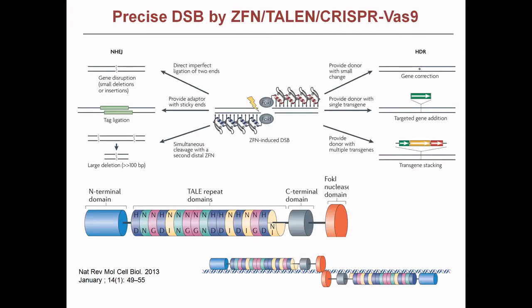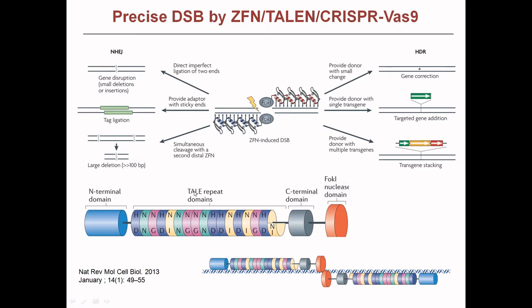Then coming to the two other gene editing tools. One is the zinc finger motifs. Here you can see it looks like a finger. It can be from 3 to 6, but in this diagram there are 4 zinc fingers. This is the place that is identified by this zinc finger, and this is identified on the antisense strand by the zinc finger. The target site is 3 to 6 nucleotides, and this double stranded break is done by the nuclease FOK1.